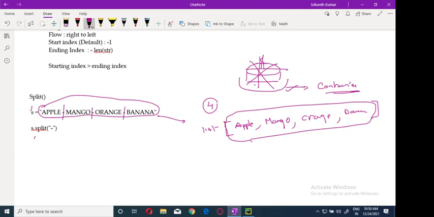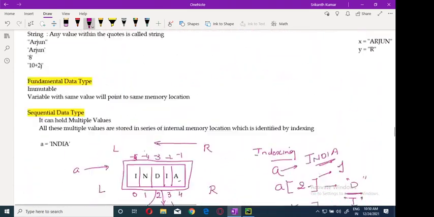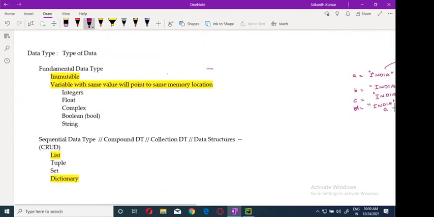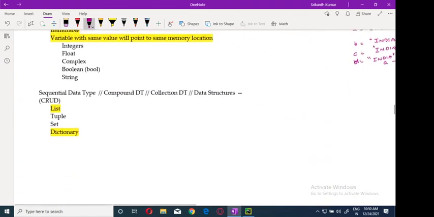What exactly is the purpose of the list? Because we will get multiple pieces, to hold them we are going to use it. But what is the nature of the list? What type of data type is the list? What is the nature of the list? It is a